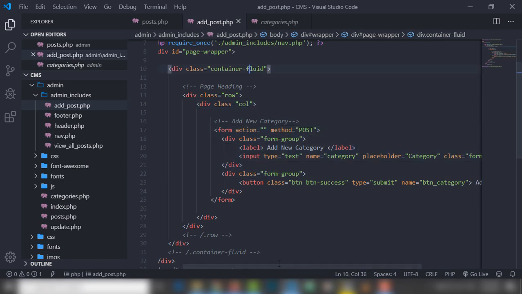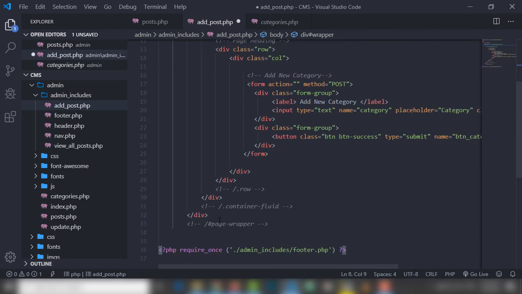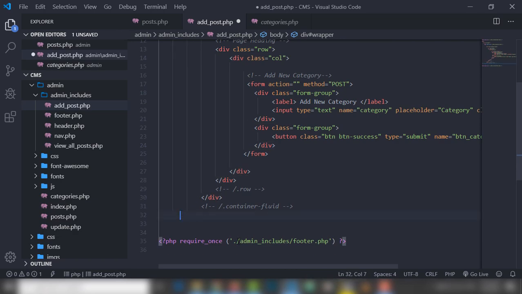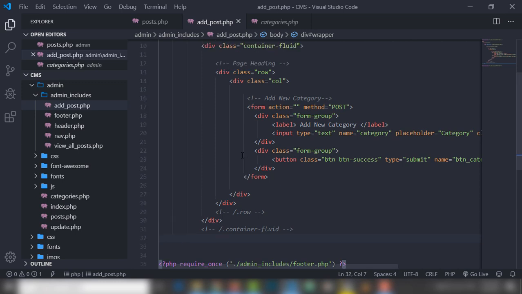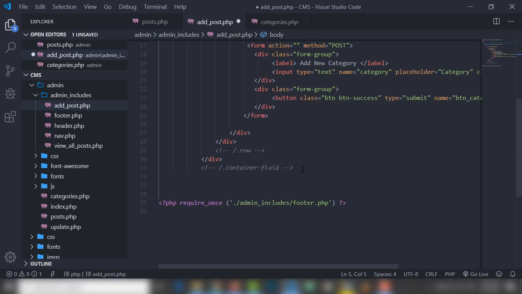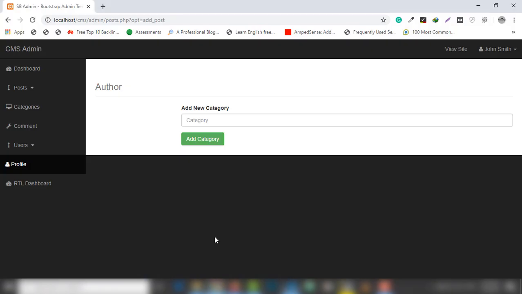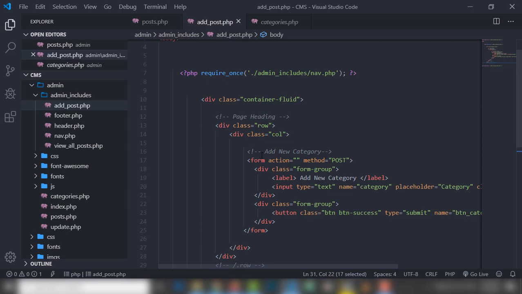Continue with the fluid page wrapper, remove the page wrapper, save, and let's see now, right? And also I'm going to remove this one div. I think it should be displayed the same. Perfect, right? And I leave the other things,